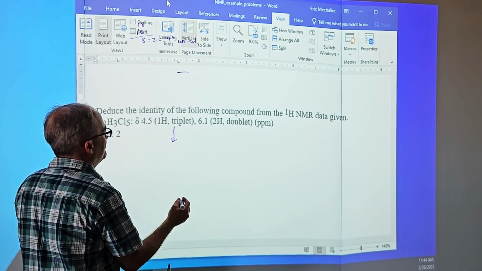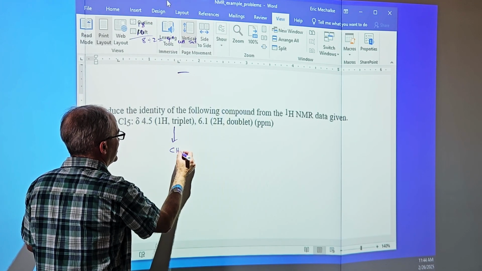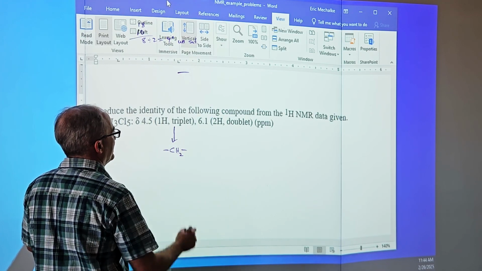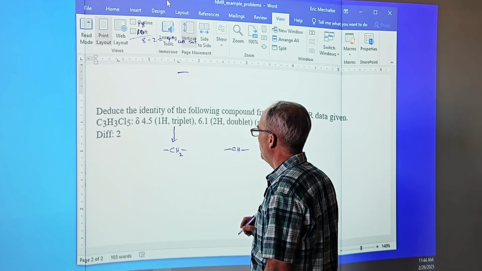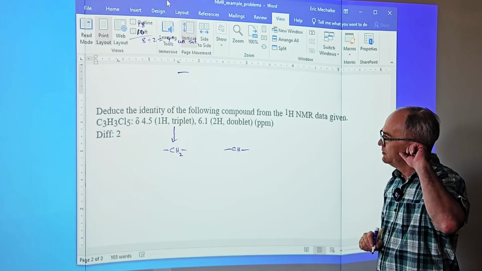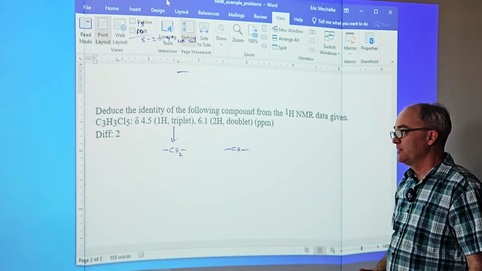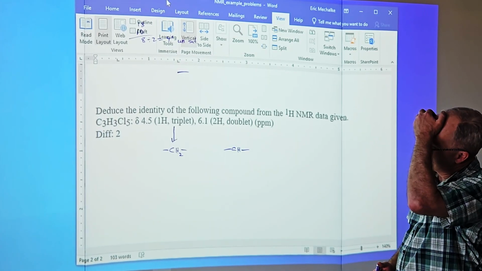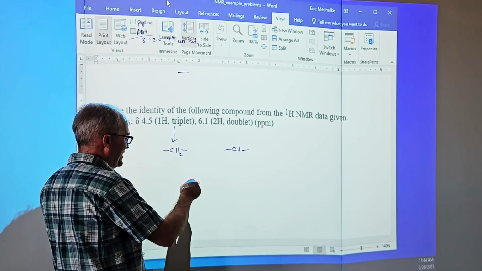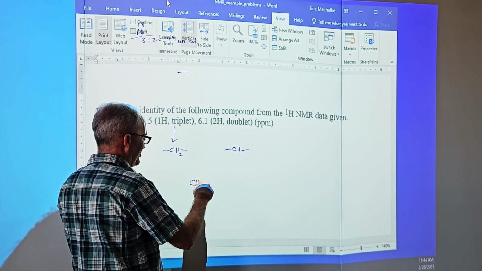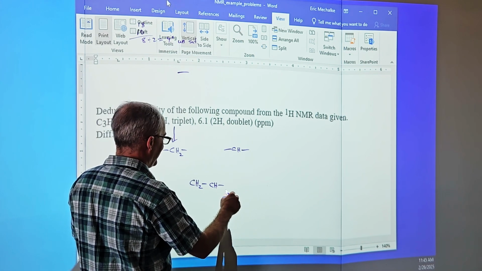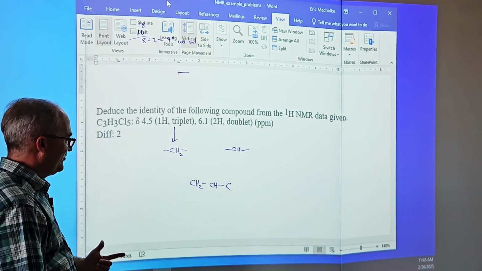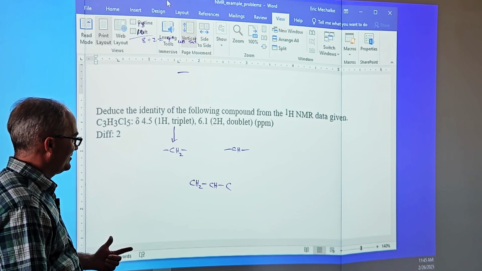A triplet, that means there's 2 hydrogens close by. A doublet means there's 1 hydrogen close by. Well, man, there I just burned up all my hydrogens. Well, for lack of anything better to do, let's just hook that up. What's going on? I need another carbon. Fill in everything else with